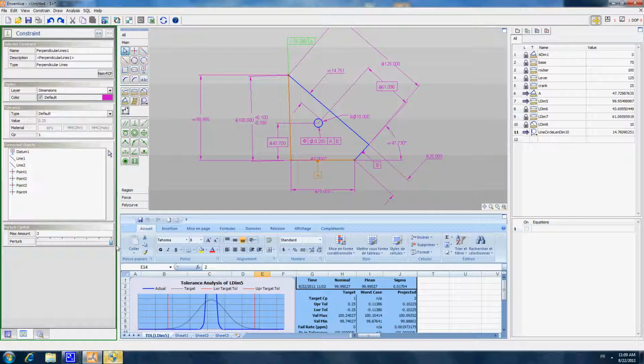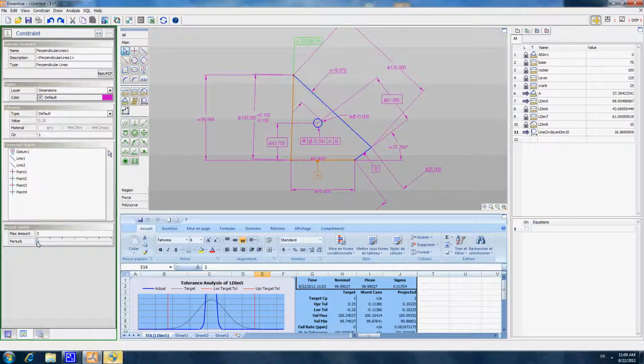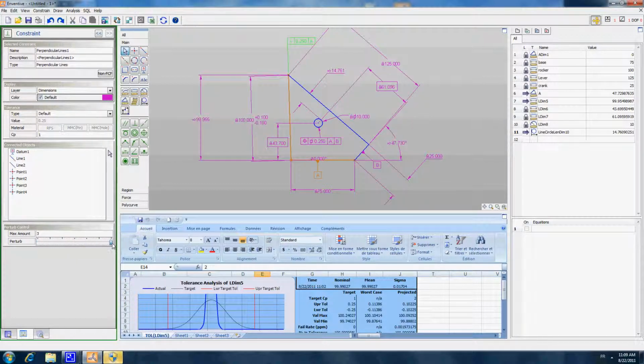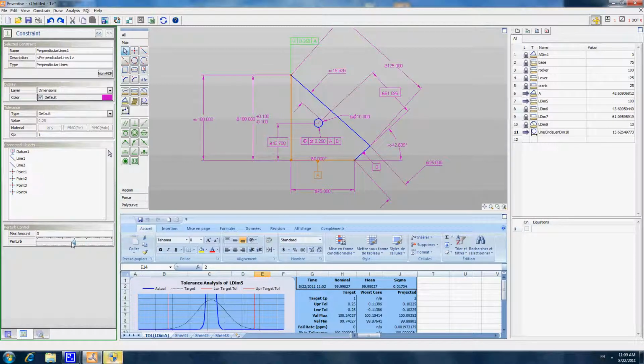The internal architecture of Inventive is entirely math-based. It means all geometric elements are modeled in Inventive using equations. And when we create an Inventive model such as this 4-bar device, we actually create internally a system of equations that is constantly being solved. So this type of perturbation, if we had to calculate it manually, would take a lot of time.